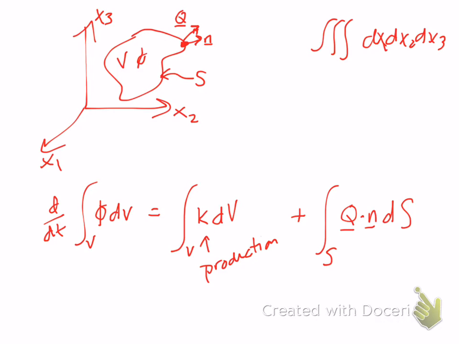Right now it's just sitting there and it's not changing through time. If we were to pull out a Kleenex because we have a runny nose, that would be a certain amount of Kleenexes going through our surface. And in that case, this is changing, but it's only changing due to transport across the surface. We aren't spontaneously creating new Kleenexes inside, or destroying Kleenexes, right?